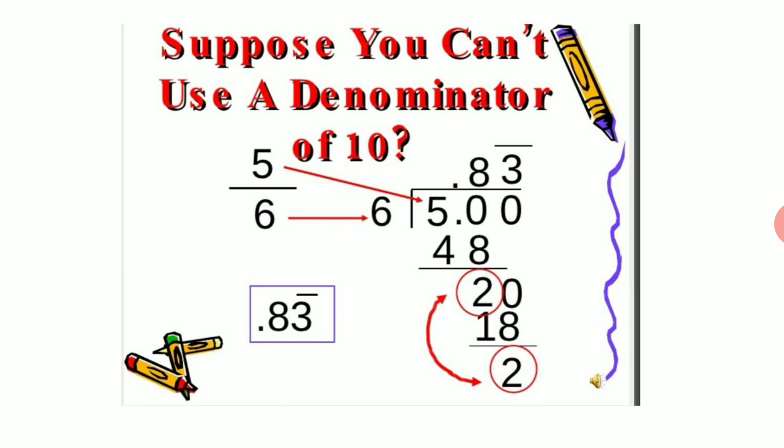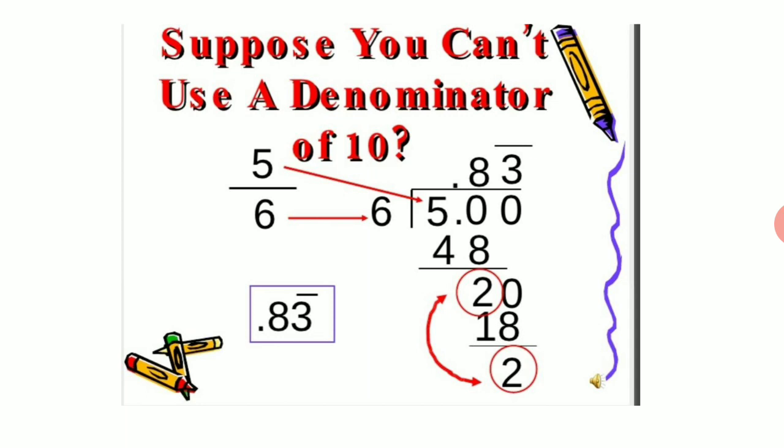Now we will see how many times 6 goes near about to 20. 6 3s are 18. So we write 18. Again we have remainder as 2. So like that your division will go on. Now again we can place a 0. Again it will come 3 times. So the number will become, if you want to take it after decimal till 2 places, 0.83.